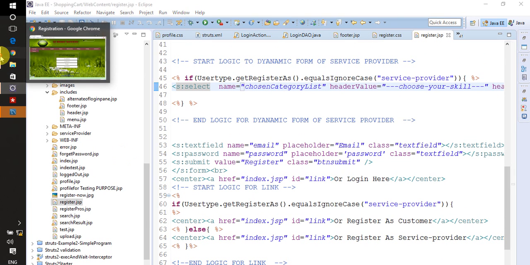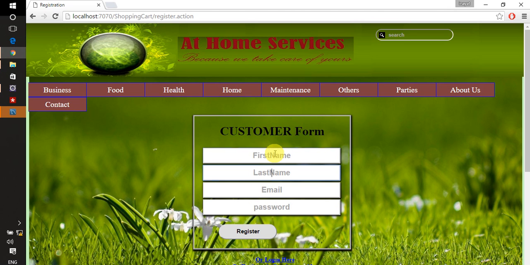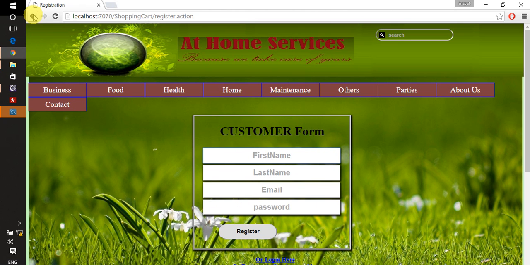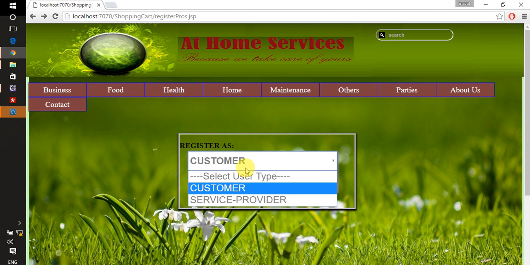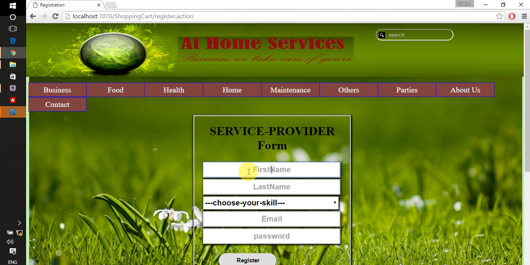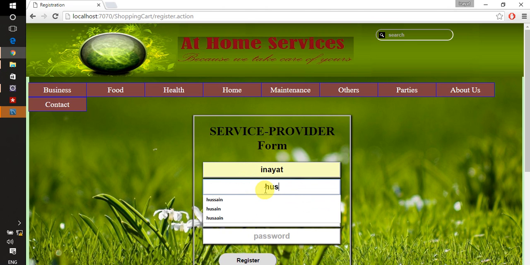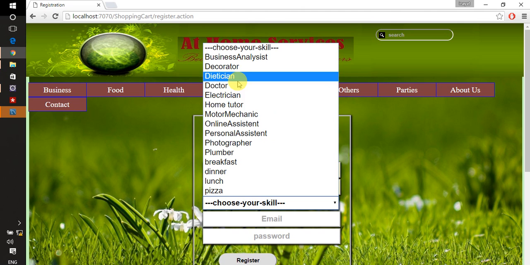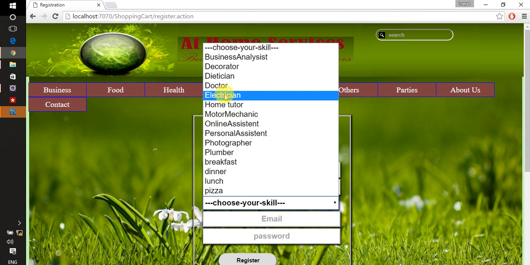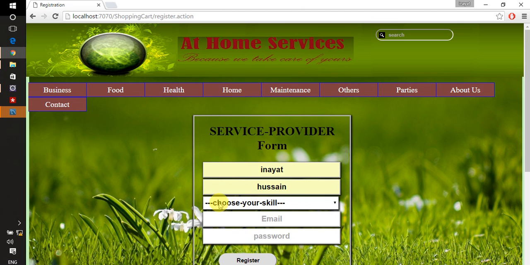So now back. Okay, first name. So we have to register as a service provider. What's the first name, last name, and choose your skill. This list of skills comes from an array list, and these lists are created